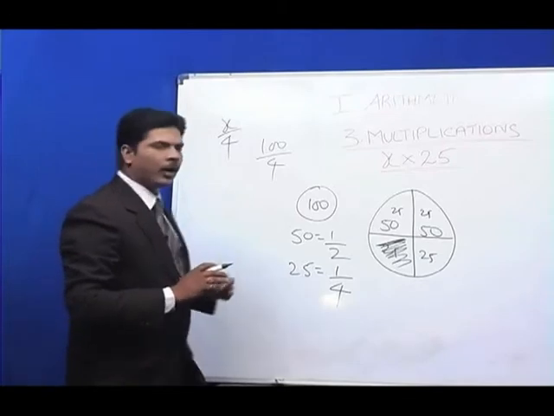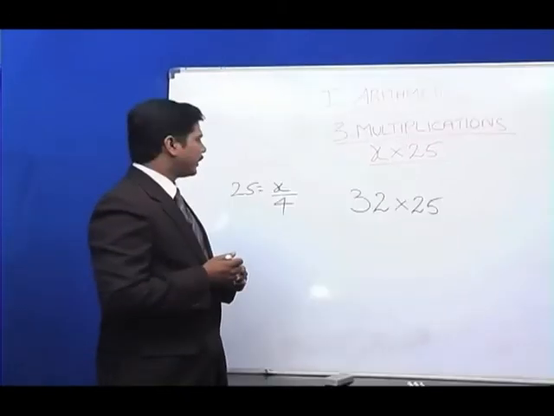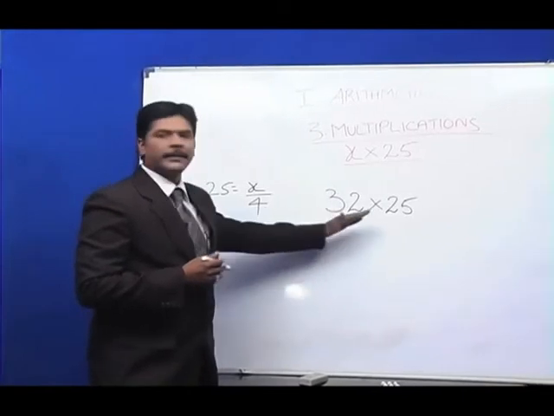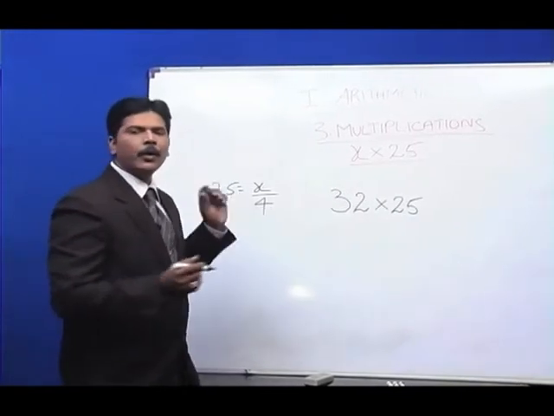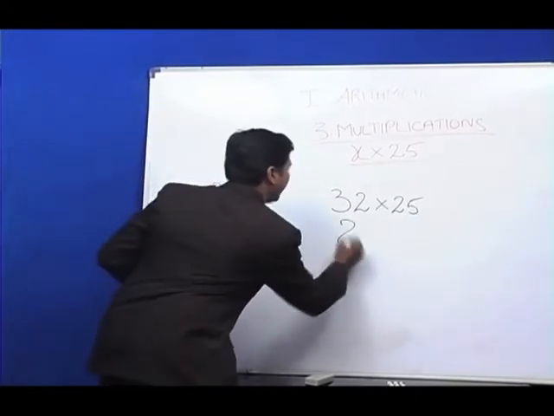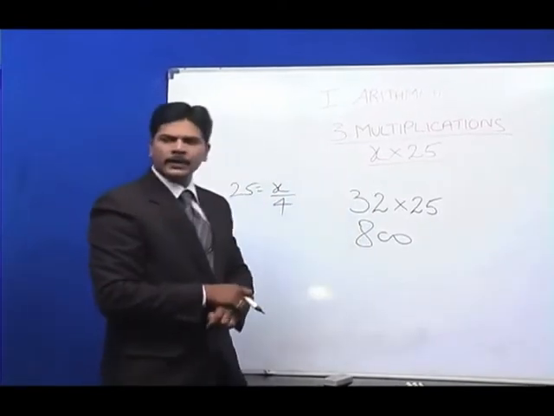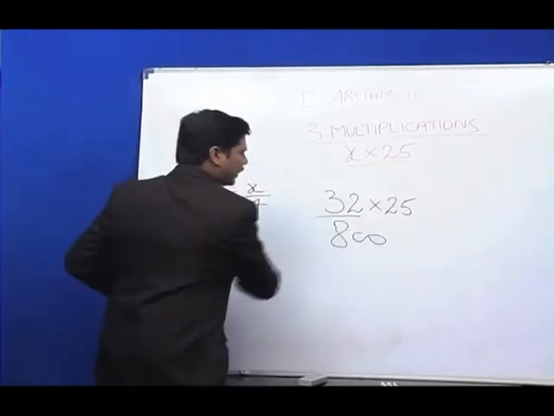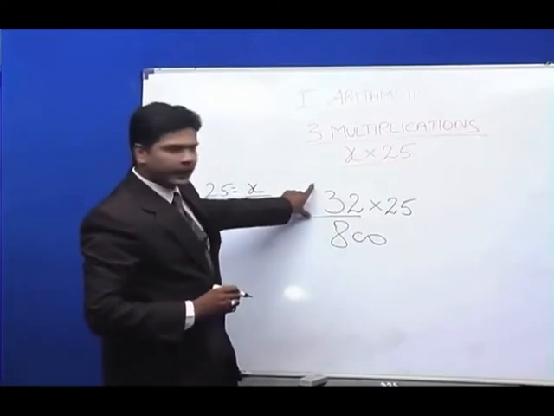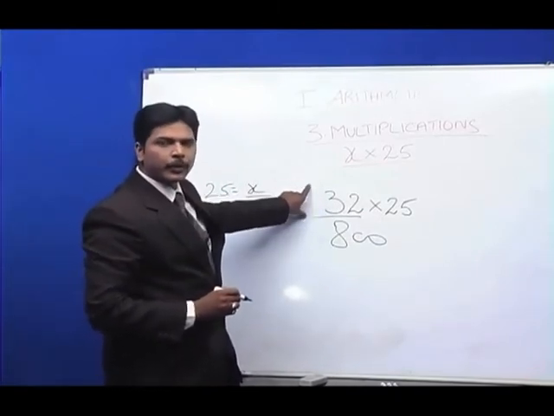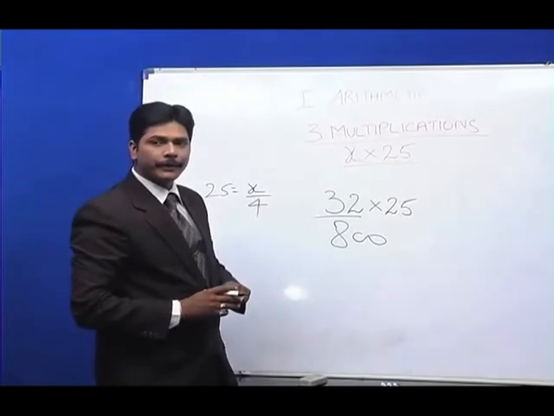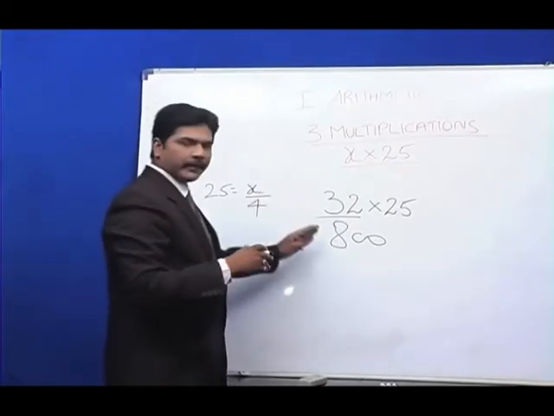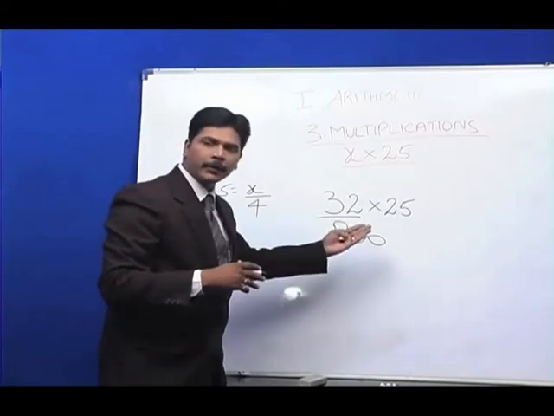Now, I'll show you how we could do all that. Let's postulate an example like this. How much is 32 times 25? Now, write the answer in a jiffy: 800. How is that possible? Very simple. What we have to do? Not 25, the other number. The number is 32. Now, 32 divided by 4. How many times does 4 go in 32? It goes 8 times, right? And with a remainder of 0.